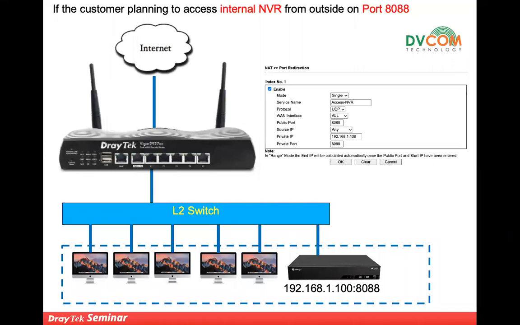So simply in my DRETEC router, what can I do? I just create one profile, and inside that profile, I mention my private IP along with the port number, so that when the traffic is coming from the internet, it immediately hits my DRETEC router. Then my DRETEC router checks which device and which port has to be forwarded. Since I enable this port for this IP, the people sitting outside can access it. So this is one of the beautiful features.